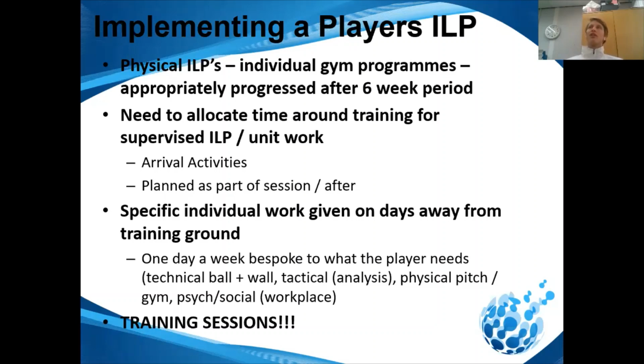Or it could be that within the session, we're going to do 20 minutes of unit work. So this coach is going to take the back line, and they're going to work on the ball being transferred across and looking at positioning and locking on. And it could be another coach takes the forward line and works on their movement and rotation to get scores and shots off. And another coach works on midfielders catching high ball, for example. But you have to have time where you're catering for this specific unit work as part of the job spec, but also the individual programs as well.